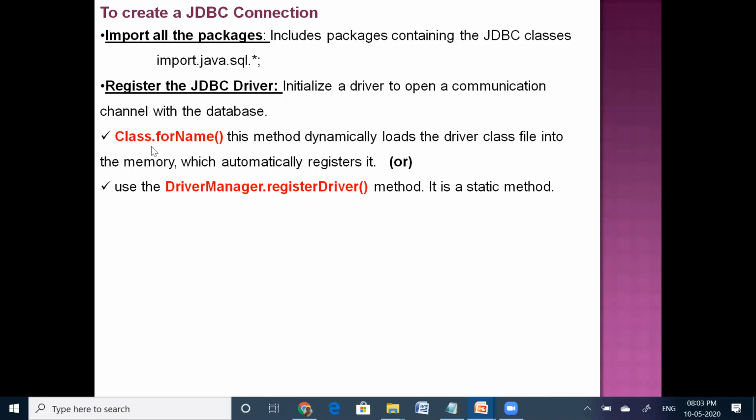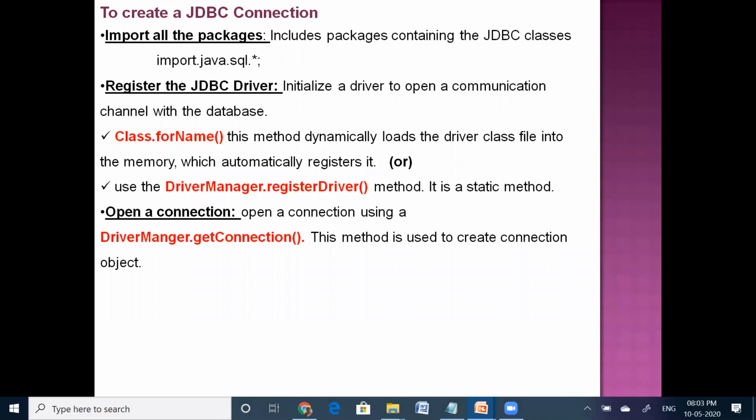Okay. Now the second way is the static way. So if you write the DriverManager.registerDriver method, automatically your driver will be registered with the database server. So these are the two ways to register the driver. Once the registration is done, then we need to open the connection.